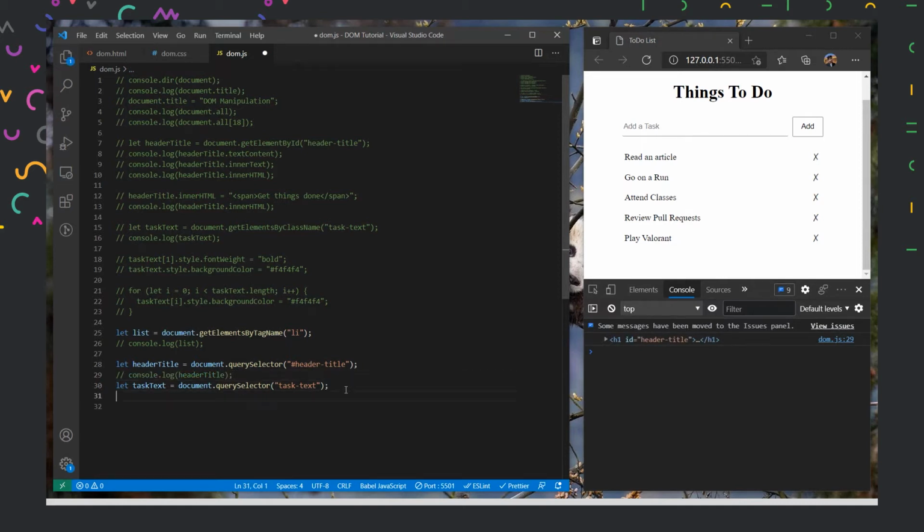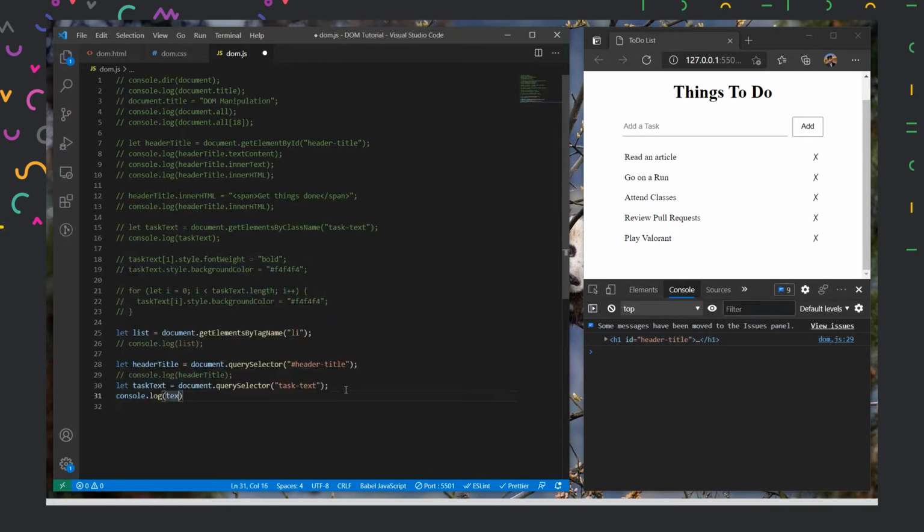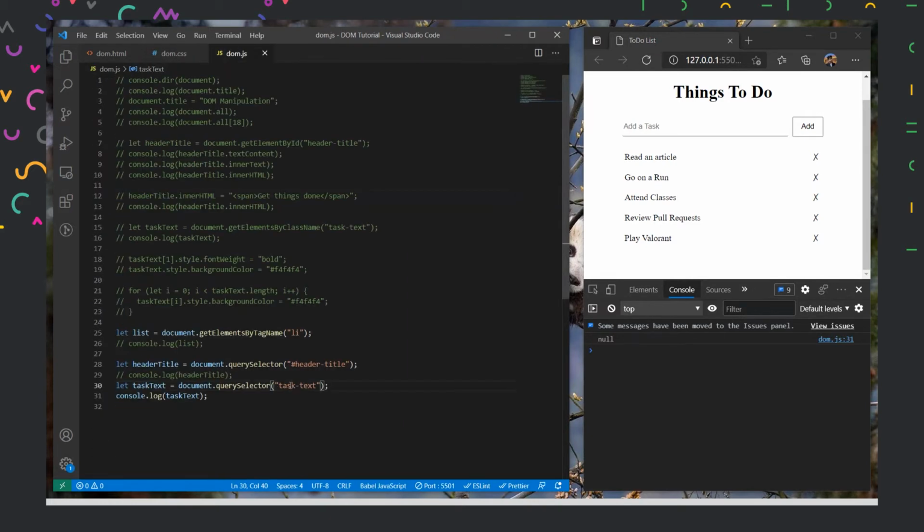So I'll log it as text task test. And again, we need to use the selector property. So here, what do we have? To select classes, we use the dot operator or dot selector. So I'll put dot over here, and if I save, it shall return me the element I'm looking for.